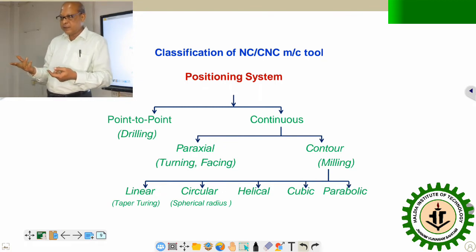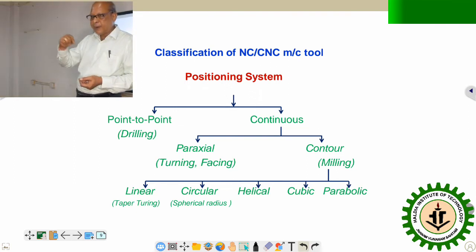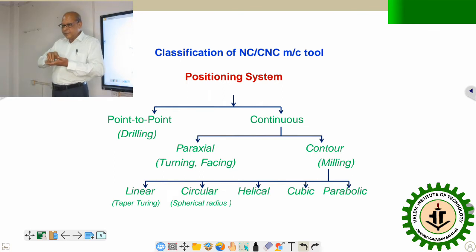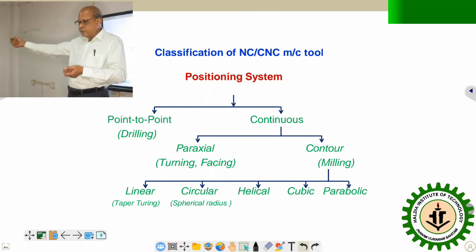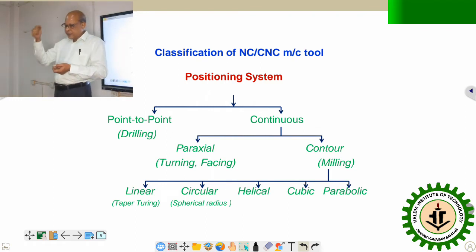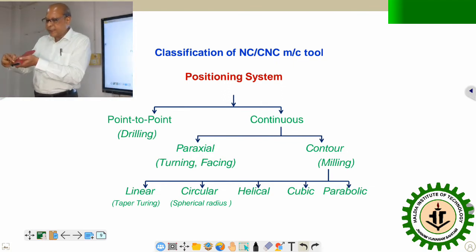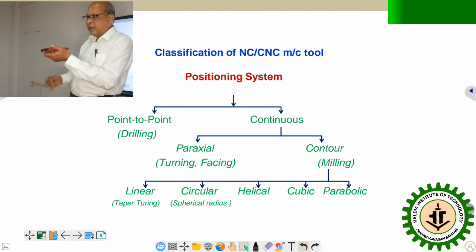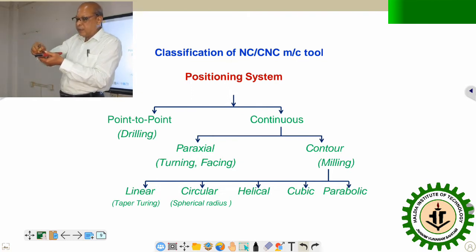What would be the application? In which types of machining is this accurate positioning, rather than the path, important? Drilling. Just imagine how a drilling operation is carried out. You have a job, and the drill center points are identified. Suppose there are 3 holes, so it is expected that these 3 holes should be drilled. From any particular point, the drill bit should come to the center point of the